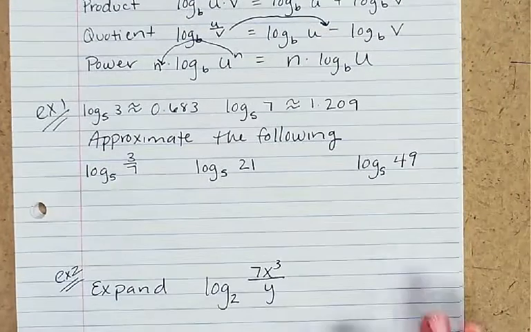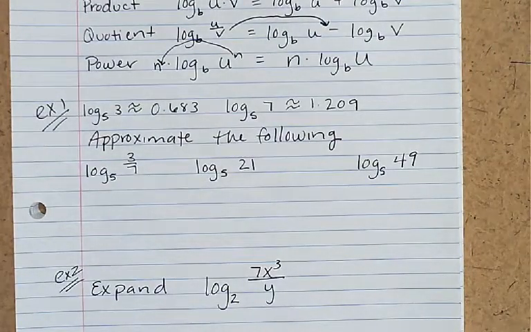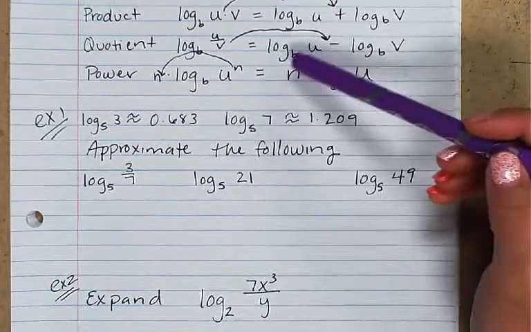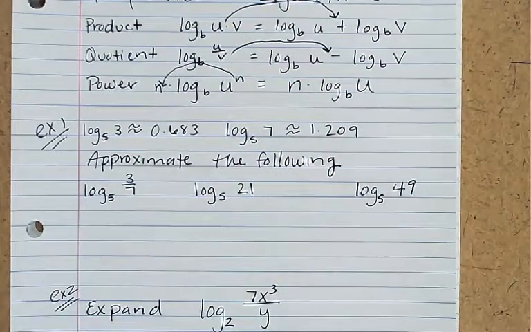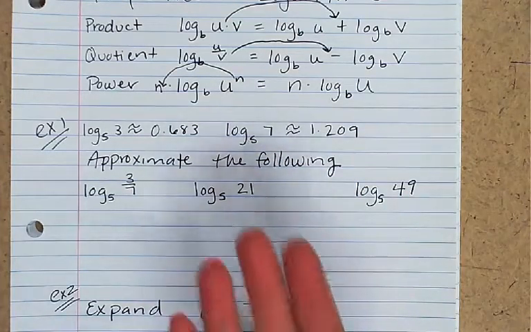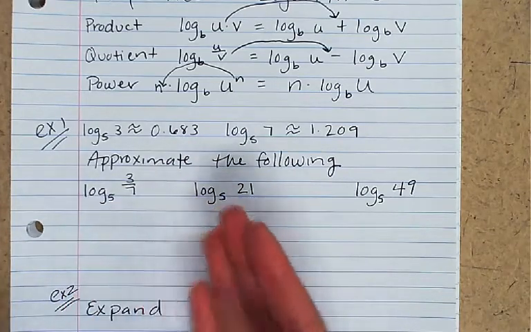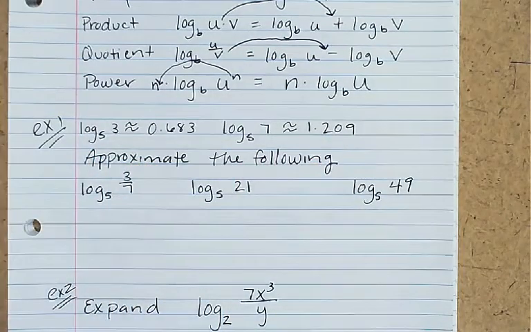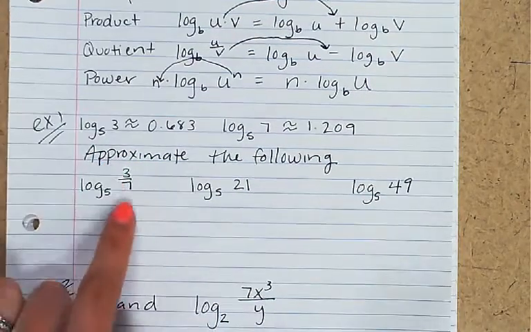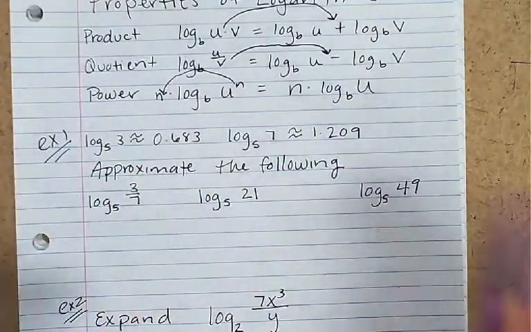So for example 1, they tell us that log base 5 of 3 is about 0.683, and that log base 5 of 7 is about 1.209. And so we can use these properties up here to help us evaluate these. If I have log base 5 of 3/7, that's not listed here. But we can rewrite this and get it to look like a log base 5 of 3 and a log base 5 of 7. So what I mean by that is here we have a 3 and a 7, and if I were to split them up,